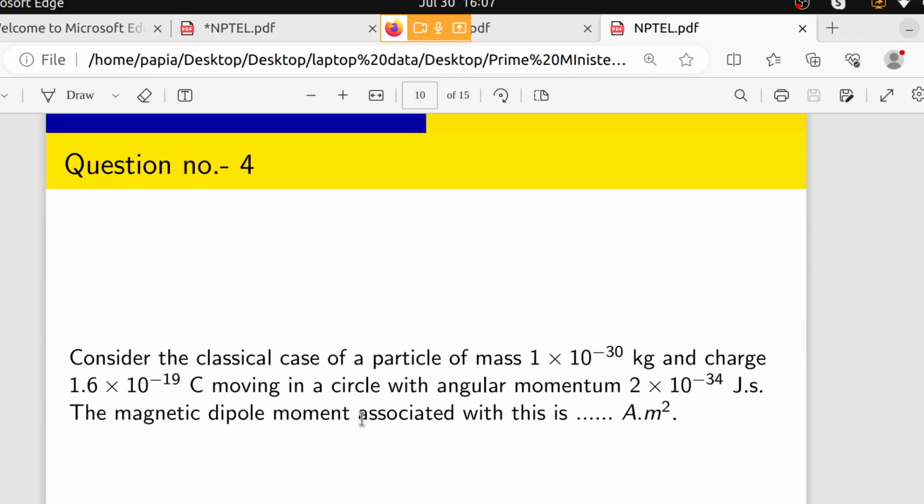This one. Okay, so consider the classical case of a particle. Here what they are mentioning, this has nothing to do with that cell model or week 2 lectures, so we can do that one, no problem. So what is the classical case? The classical case of a particle of mass is 1 into 10 to the power minus 30 kg, it is given, and the charge Q is 1.6 into